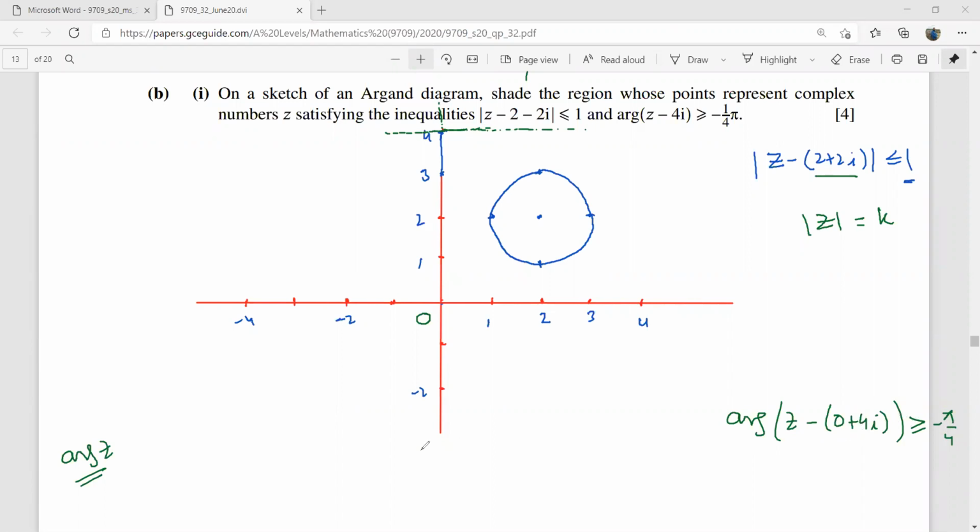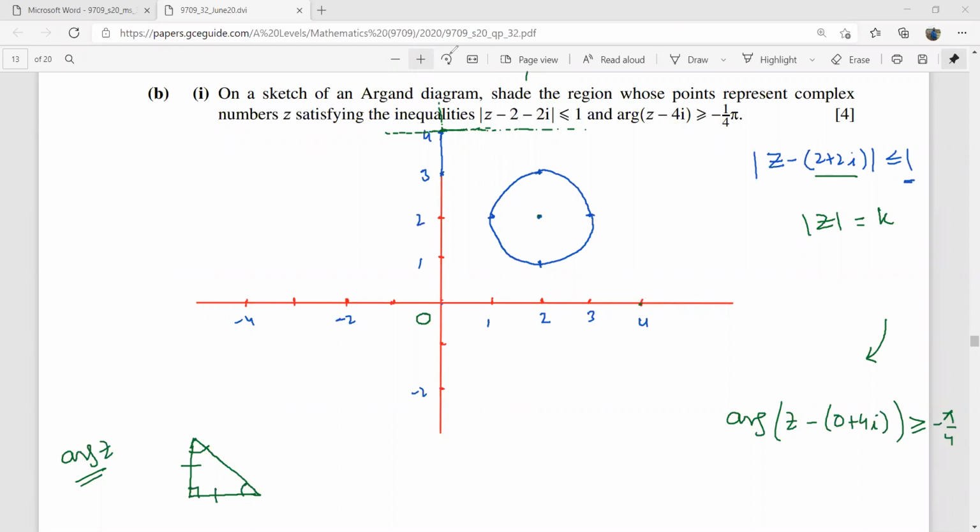Minus pi by 4 is basically, if you draw the angle of pi by 4, if this is pi by 4 and this is pi by 4, both these lengths have to be equal, okay? So if I go and draw this minus pi by 4, minus means that I have to go clockwise, okay? So minus pi by 4 from here would tell me that I have to pass this locus from this point,